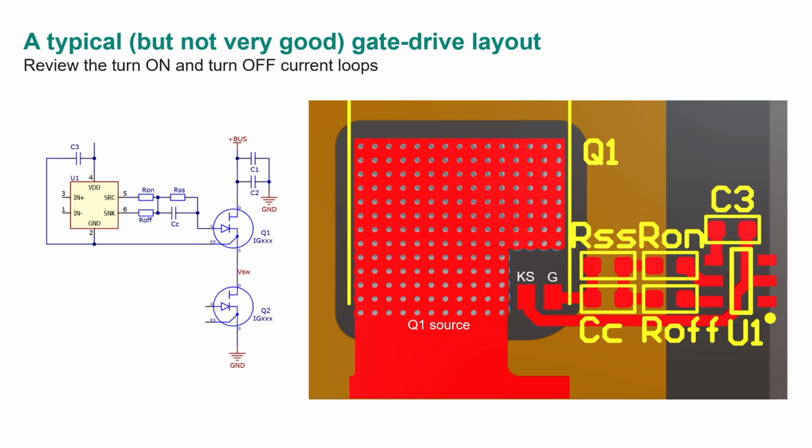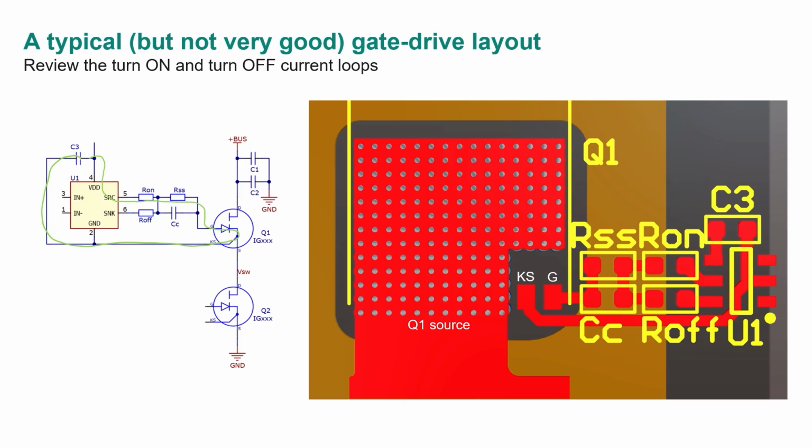On the left side here, we see the gate drive circuit that we just talked about. So this is the gate driver U1, which is located here on the layout. The RC network we talked about, which is in between, and then the high side transistor. And here's gate, here's Kelvin source, and this is the body of the transistor here. Now, if we want to look at where current flows, let's look at turn on first. So turn on goes this way into the gate, then it comes back out and returns to the capacitor, right? The bypass cap is a part of the circuit.